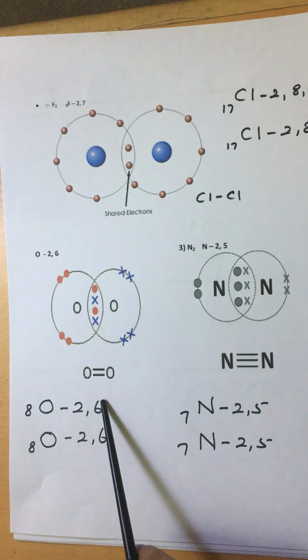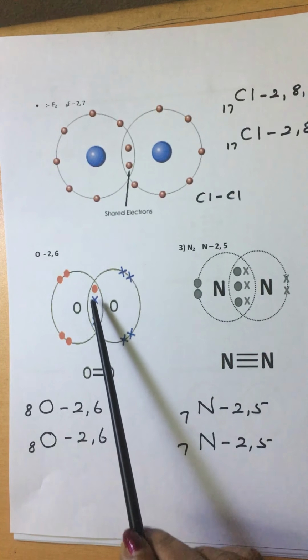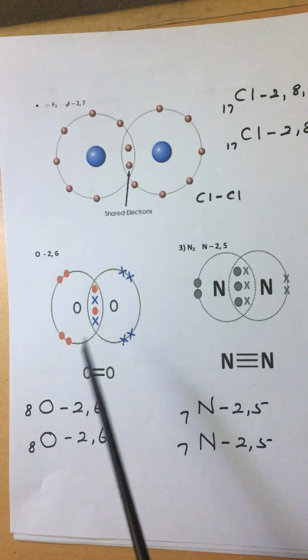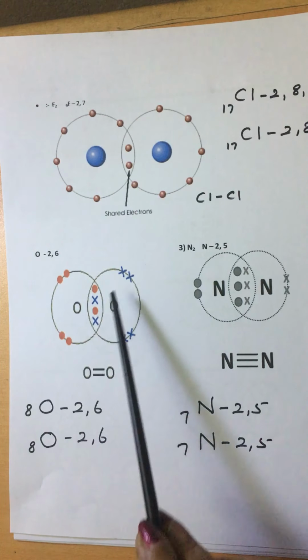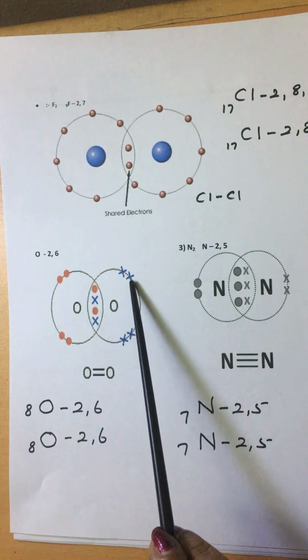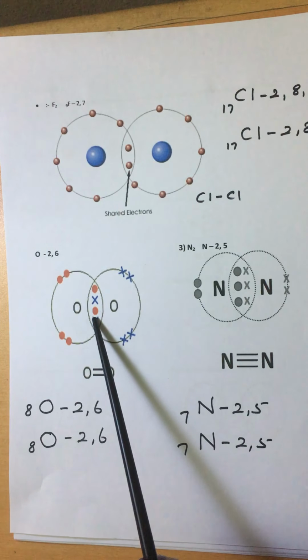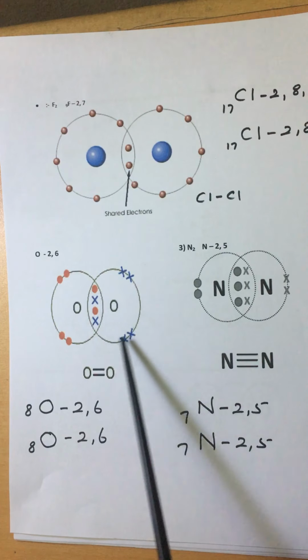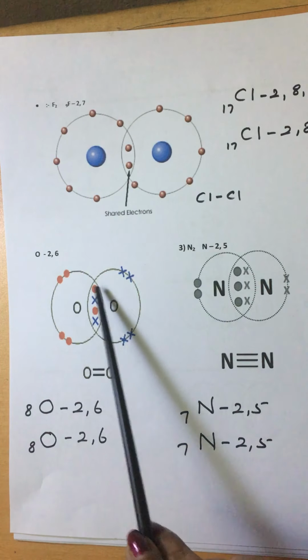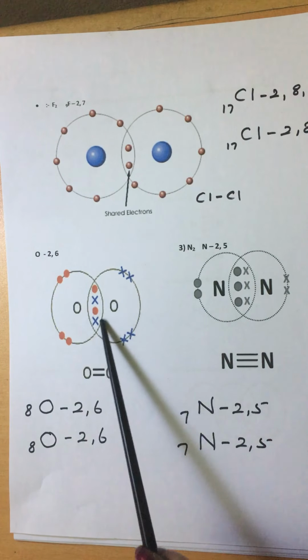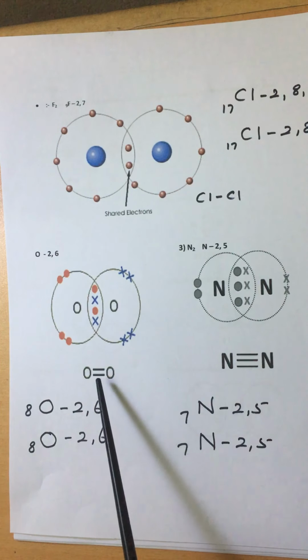It is going to share 2 electrons. Those 2 electrons we mark here, and the other 4 outside. The same way here, the oxygen needs 2 more electrons, so the 2 electrons are marked here and the other 4 outside. Now you can notice this orbit: 2, 4, 4, 8. Altogether 8 electrons completed. Here also 8 electrons. These 4 electrons are common to both, sharing. How many pairs are sharing? 2 pairs. Therefore 2 lines.